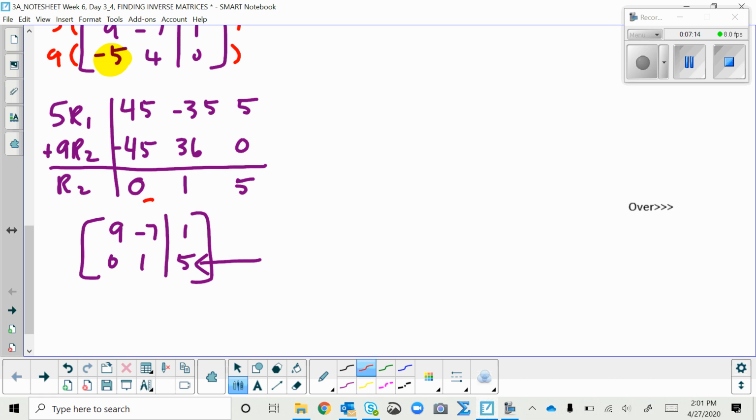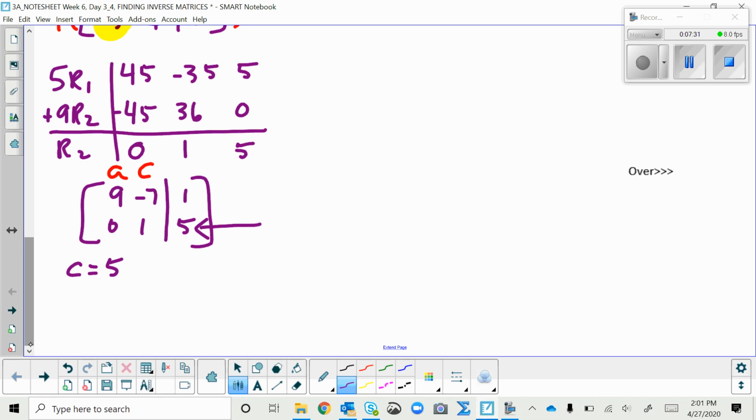This column was C and this column was A. So this last row means that 1C equals 5, or C equals 5. And then we can plug that back into either of the original equations to get A. So I will do the top equation,